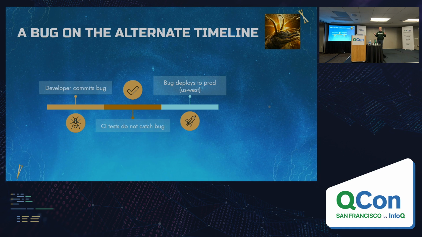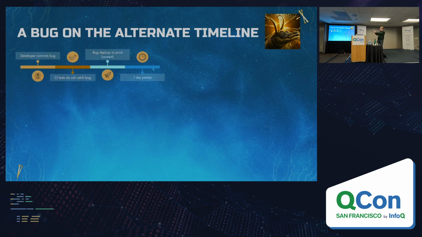Say we're a regional service that deploys to regions one at a time to reduce blast radius. So we deploy this bug to US West 1. And then for whatever reason, this code path where the bug exists isn't something that gets frequently exercised by all of our users, so we don't notice it. And maybe a day passes.